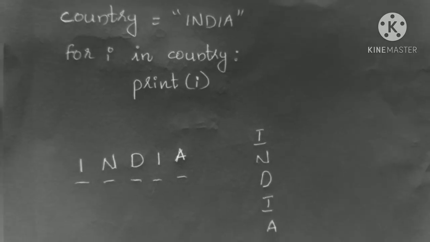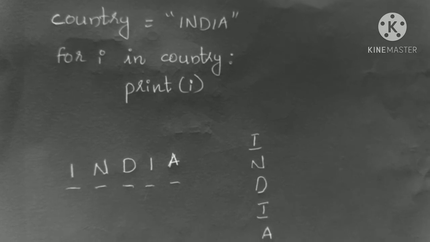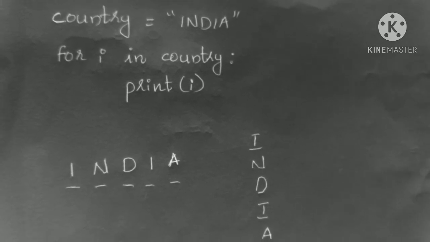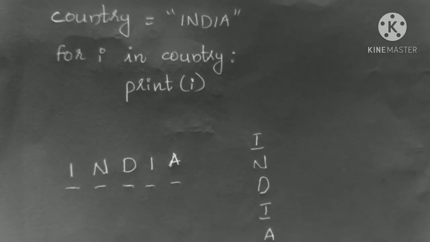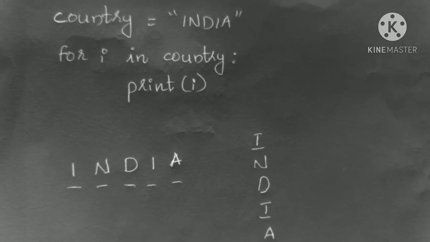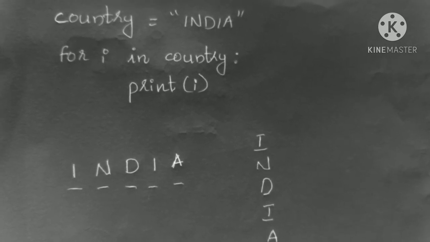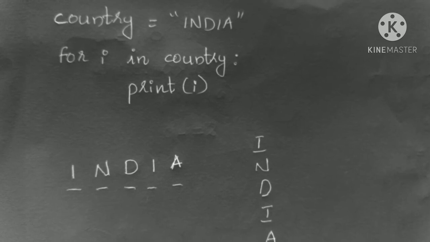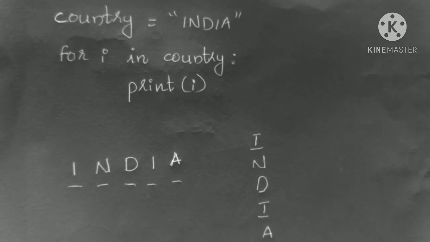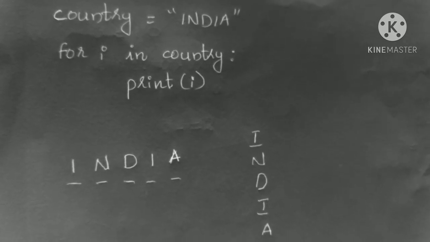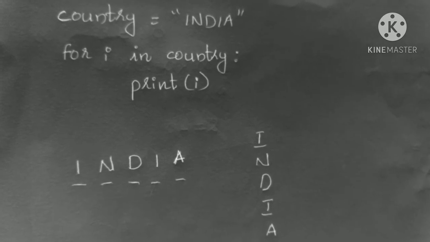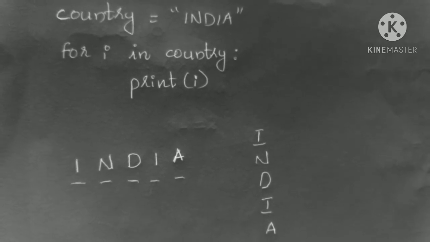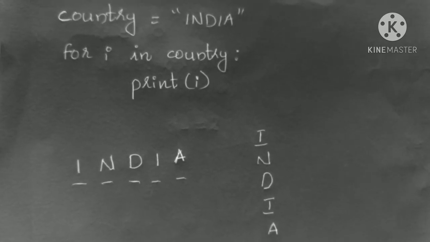Okay, children. So now I believe you all understood how to find the outputs of these codes. Many examples are given in your textbook. Please follow your text and try to solve the problems given in your textbook. If anyone has any doubts, please note down your doubts and clear them in the live session.